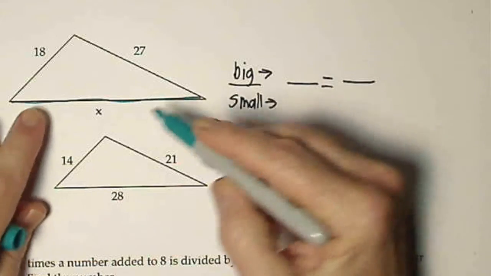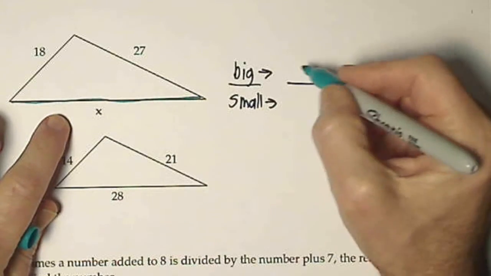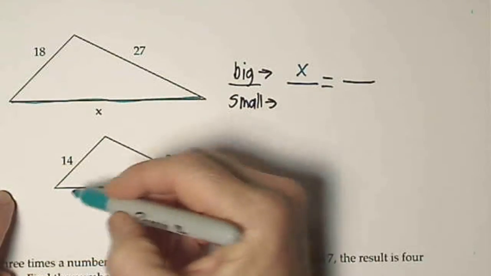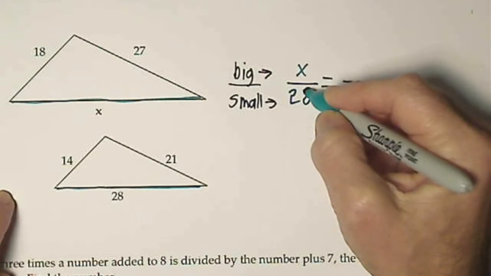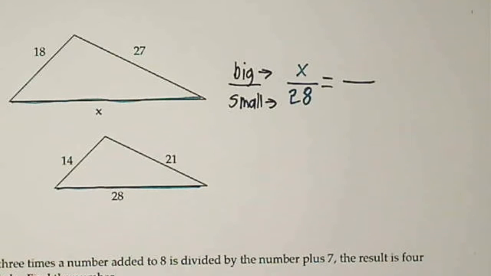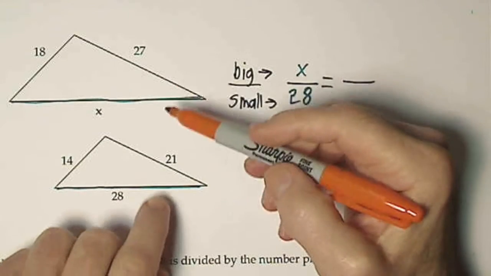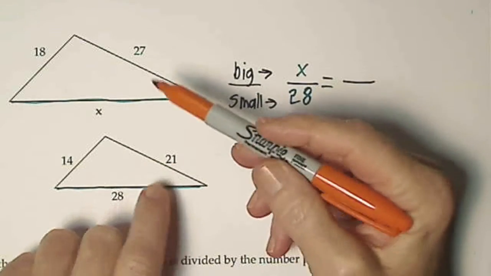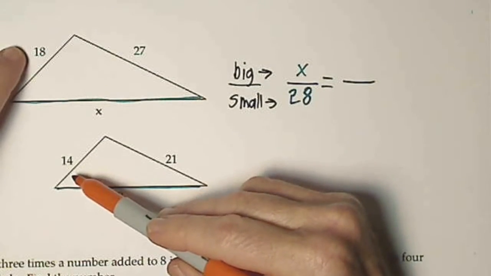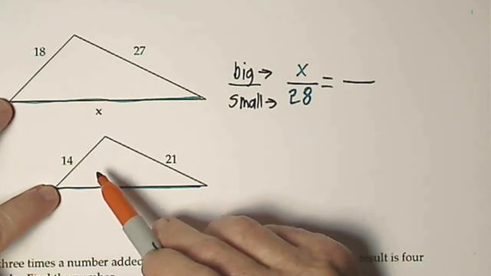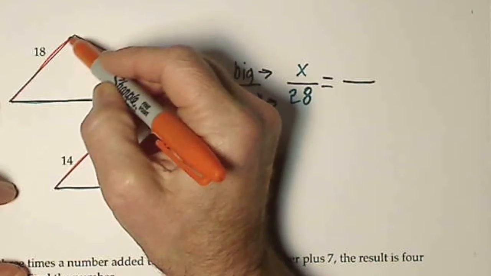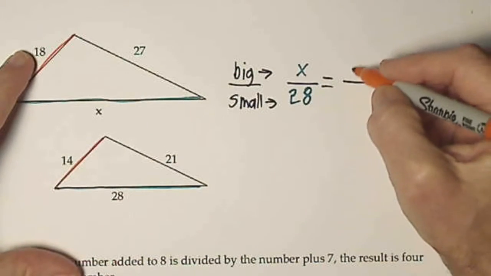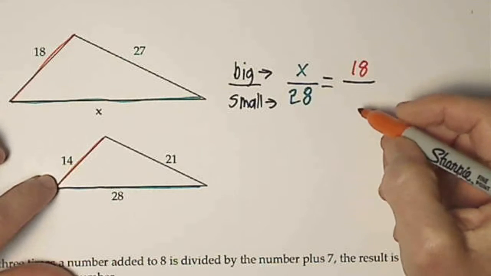So this bottom side, x, is the big. Goes right there. The corresponding side on the small one is 28. Then I could pick the 21 and the 27, or I could pick the 18 and the 14. I think I'll pick the 18 and the 14 just because they're smaller. Alright, so the big is 18, the small is 14,